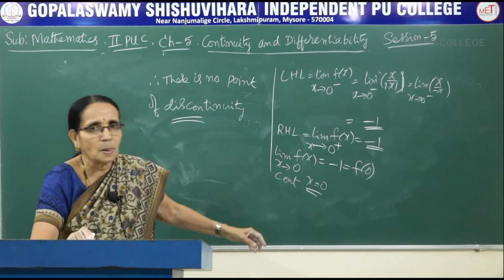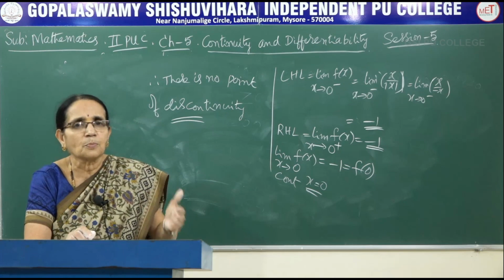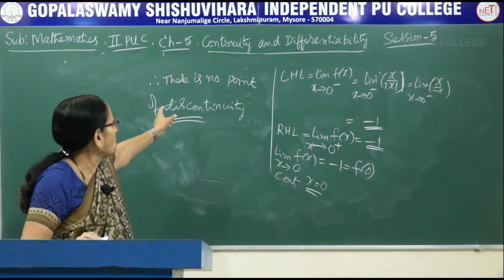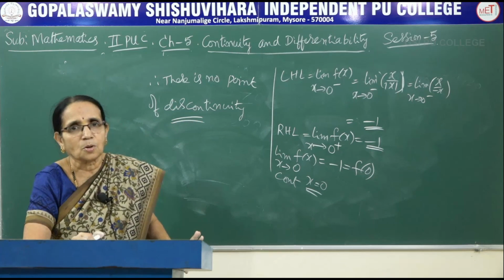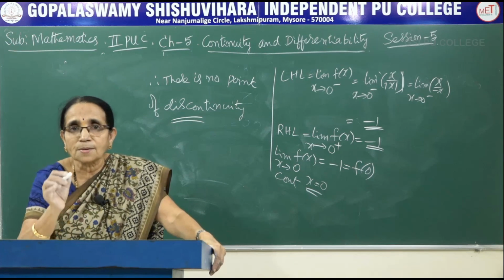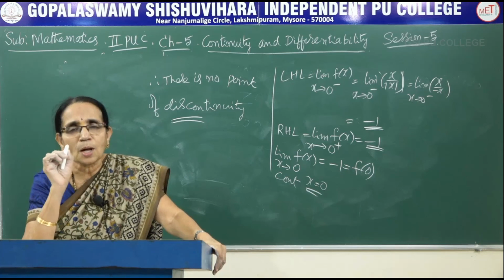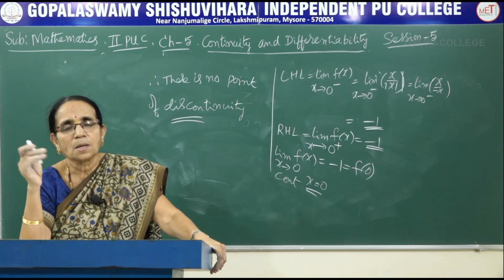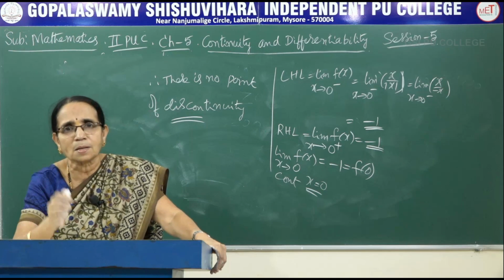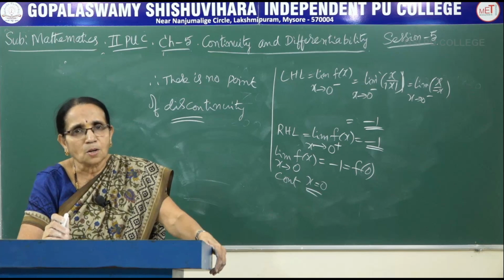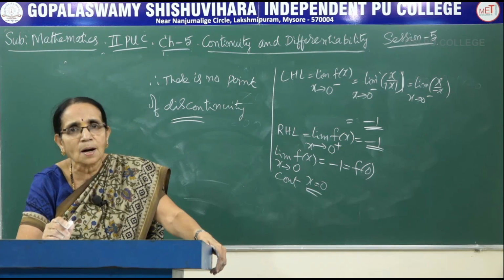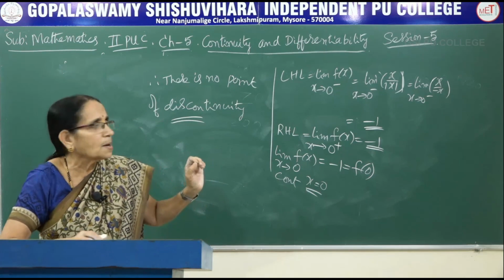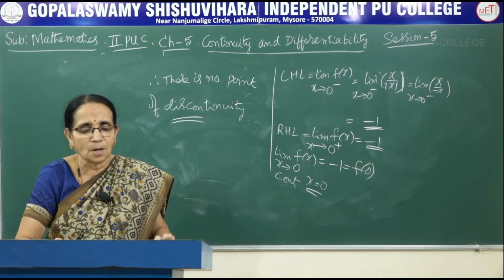Whereas in the last problem, the function is continuous at all the points. I had asked the question to find the points of discontinuity, so I am writing there is no point of discontinuity. Or if I had asked you to examine the continuity of the function, you should have written the function f of x is a continuous function. It does not have any break in the graph at all. Because I have asked you about finding the points of discontinuity, the conclusion should be written like this: there is no point of discontinuity.